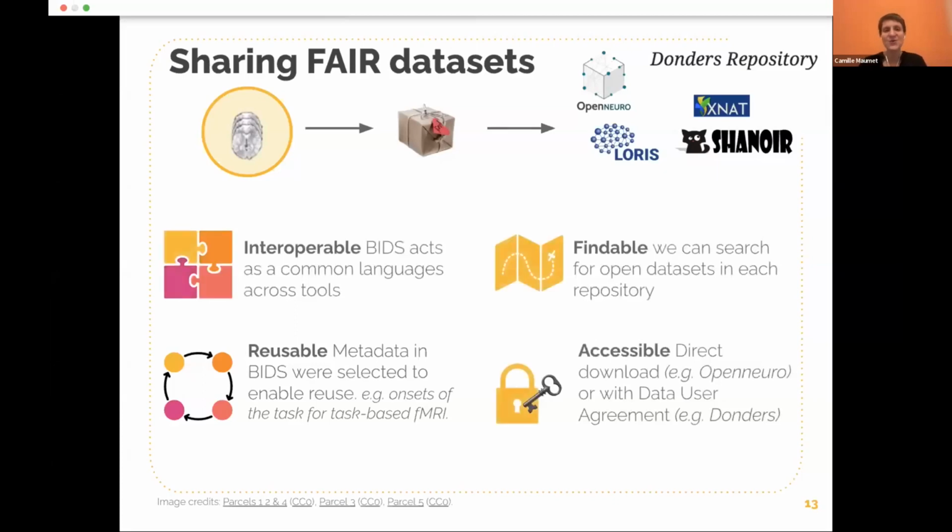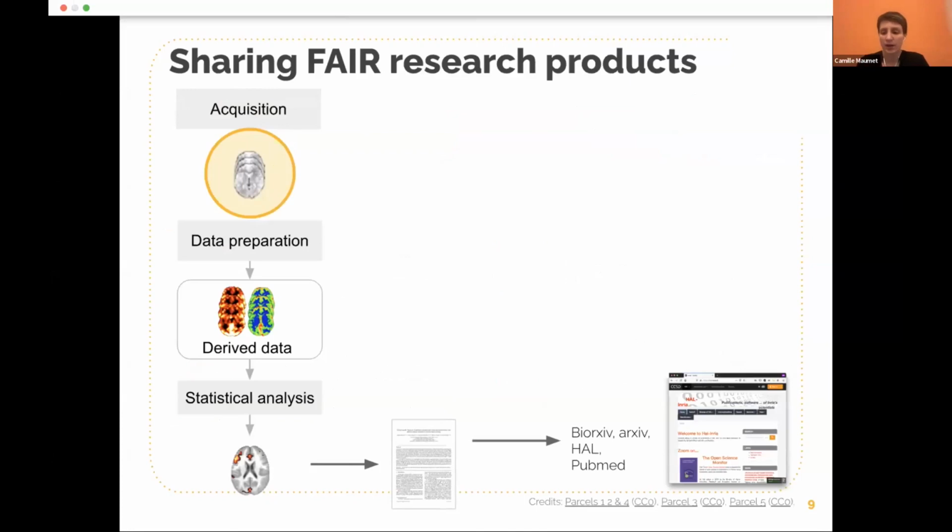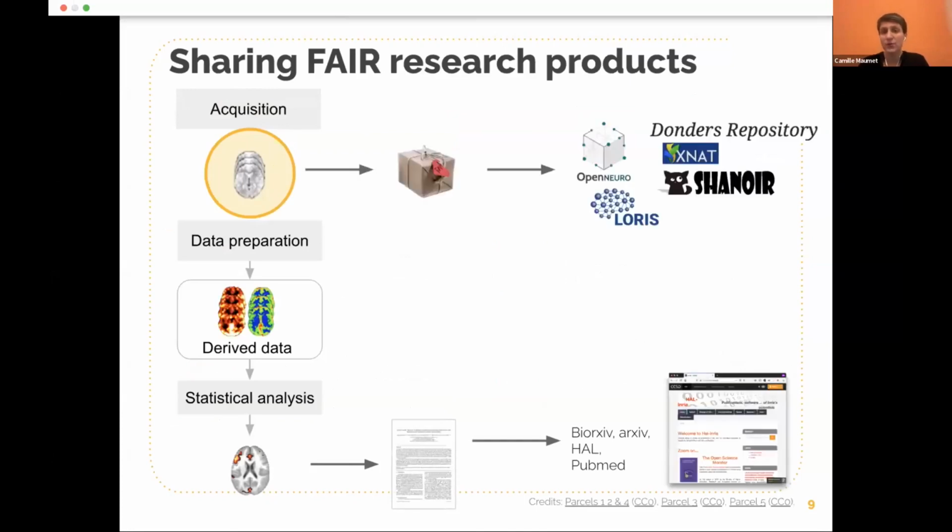And so here we go, we have our FAIR data set, we have our principles that let us have a good understanding of what are good practices if we want to be able to share data. So we've talked about sharing our raw data here, so we can package it and then put it into a dedicated repository. Then there is one first type of derived data, which are the